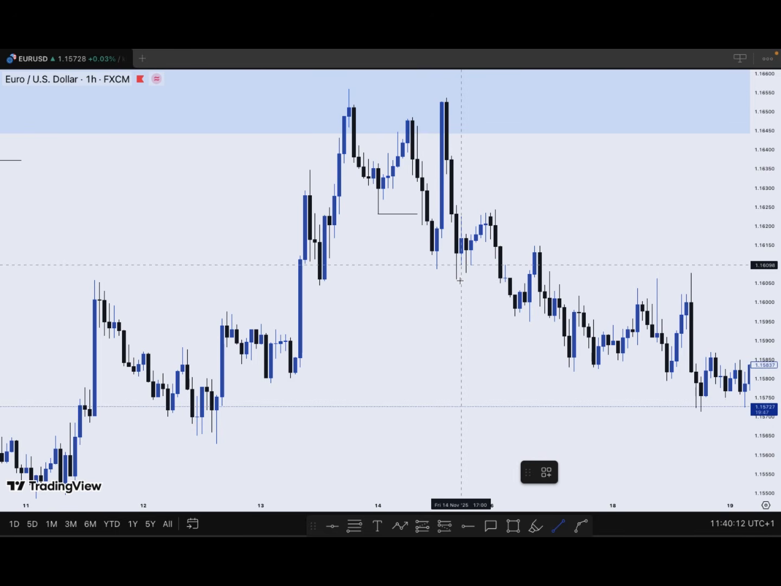We are looking for what entry. You understand? There's a difference. You have a bias, you're looking for what entry. Okay, so now you can see that after price broke this structure to the downside here, price also took